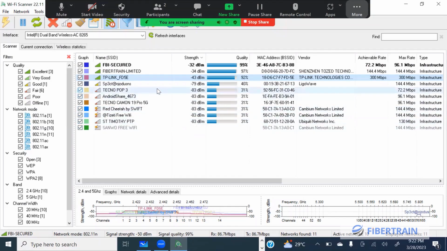These are basically the Wi-Fi I have within my neighborhood, and it tells you the vendor that manufactured the Wi-Fi equipment. You can see here is TP-Link Technologies, and we have a couple of them made by Cambium. We also have a Wi-Fi device here running on Ubiquiti network equipment. All right, so